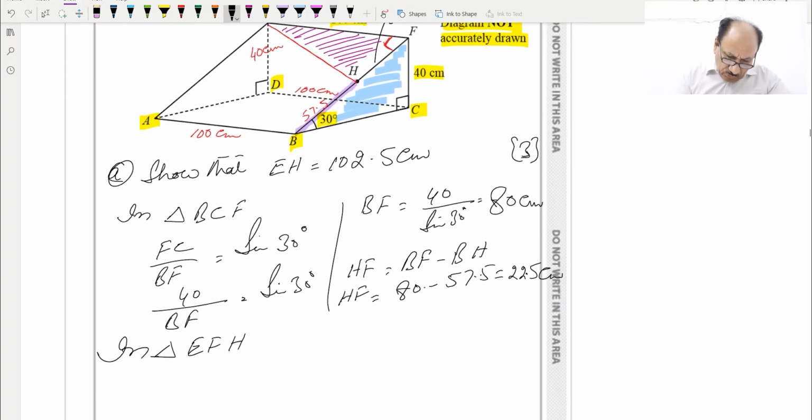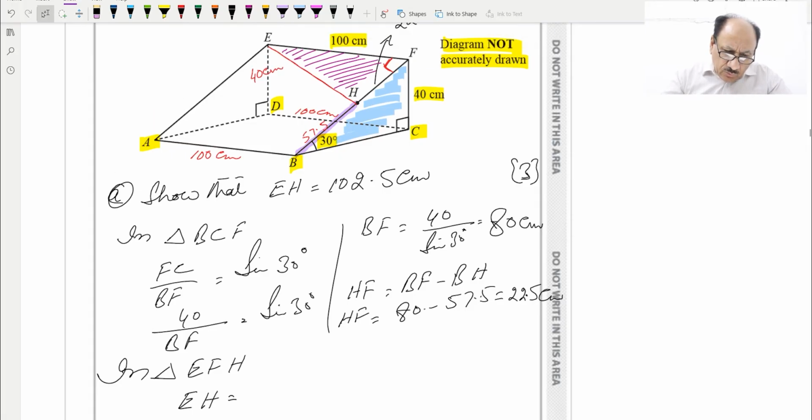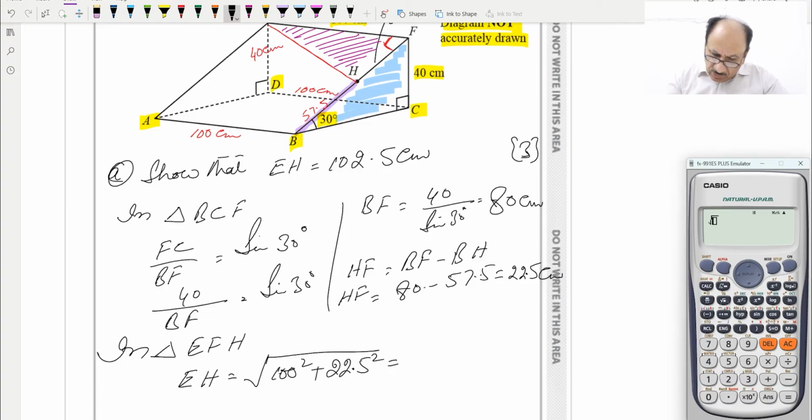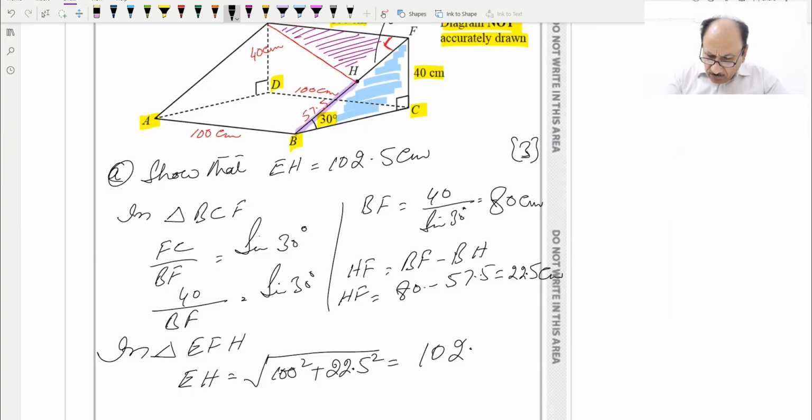So EH is equal to square root of 100 squared plus 22.5 squared, and if we use the calculator for this, this is giving us 102.5, and we were supposed to prove this, which is in centimeters, and this is the 3 marks part